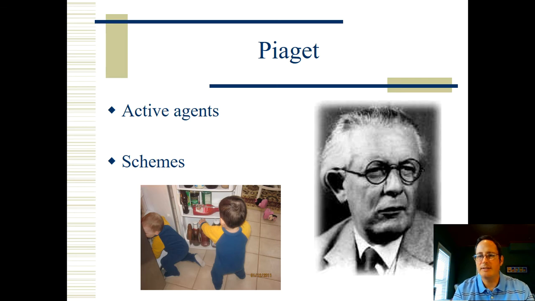Let me give you an example of a schema. One of those would be of a chair. When I say chair, you're going to have a certain image that just kind of pops into your head, of something that has 4 legs, a back, and a seat. Of course, there are many types of chairs, and the one I just described is not necessarily going to cover every single instance of things that we classify as chair.